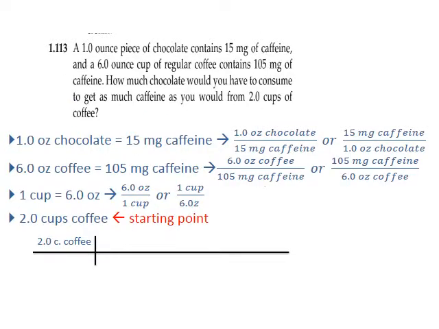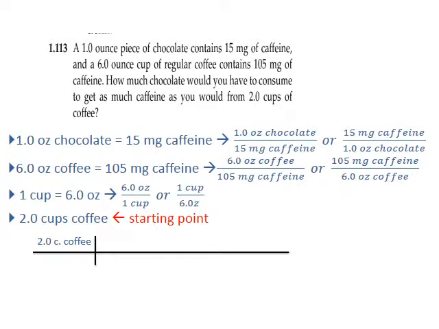Okay, moving on to this problem about the caffeine and the coffee. 2 cups of coffee, it's a simple unit. It's not directly related to anything. They don't tell you that 2 cups is equal to something else. So that's where I suspect my starting point is. I've got other relationships here. 1 cup is 6 ounces, so that looks like I can use that one next, and I've got a couple